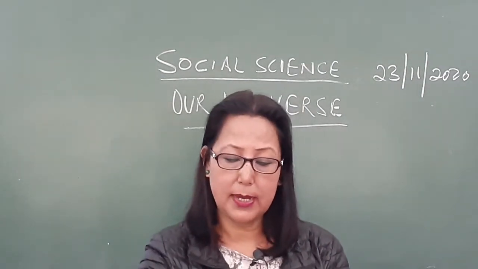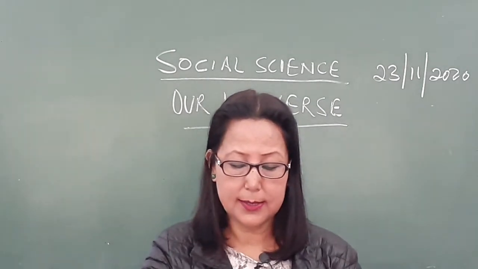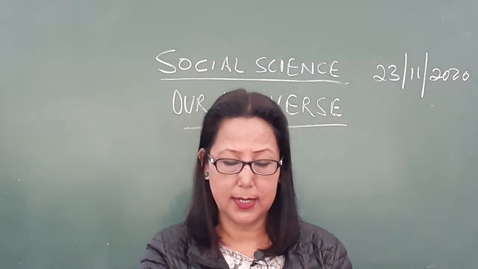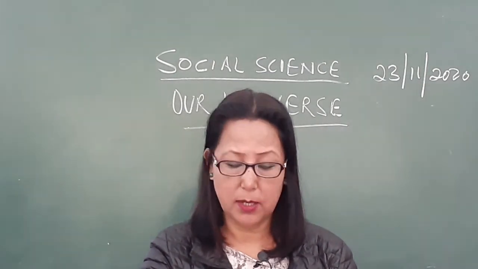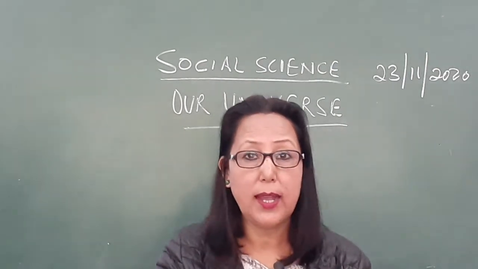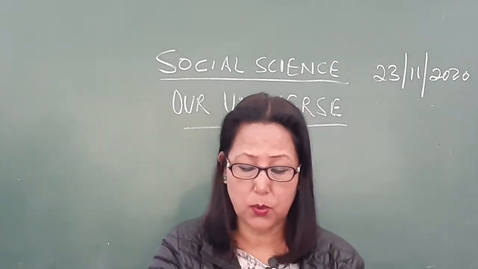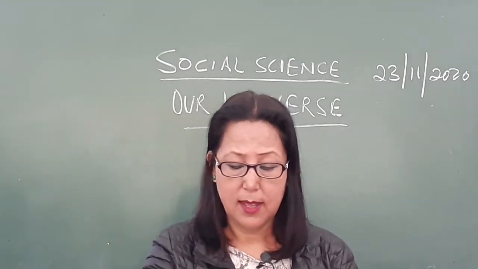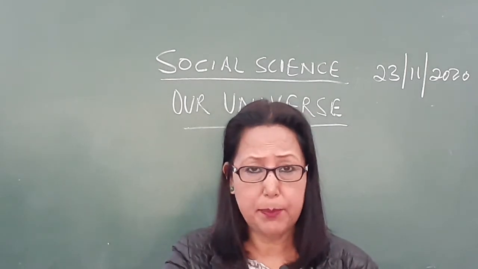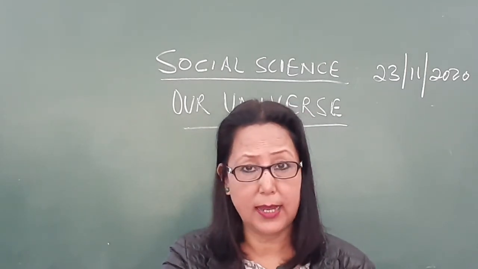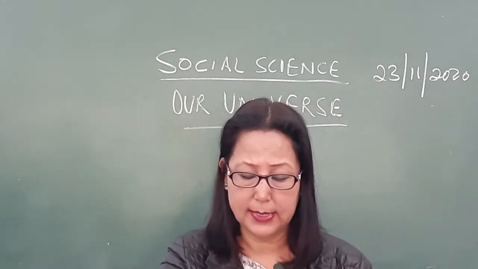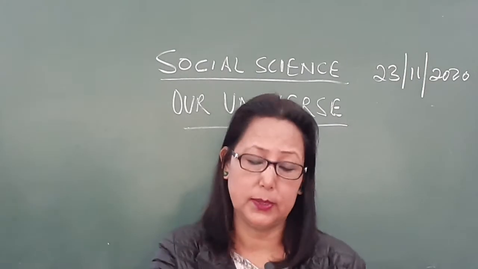Earth now. The next planet is Earth. It is the 3rd planet from the sun and appears blue in color due to the large amount of water present on it. It takes 365 days to go around the sun, a period known as an Earth year. It is the only planet known to have life on it. It has only one natural satellite, that is the moon.